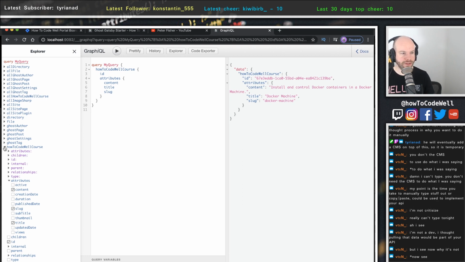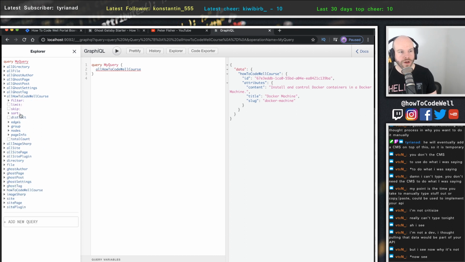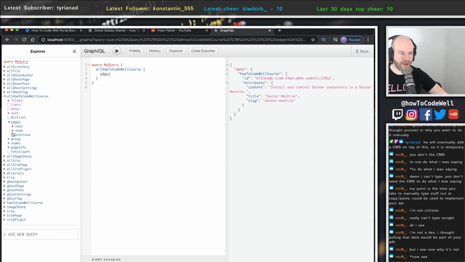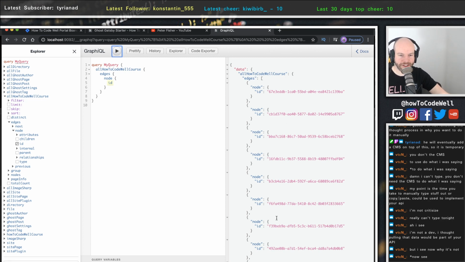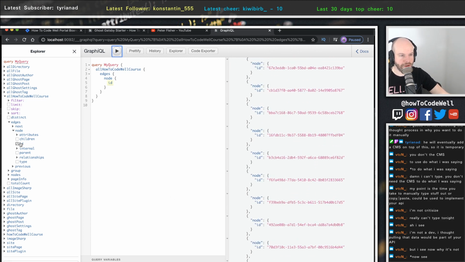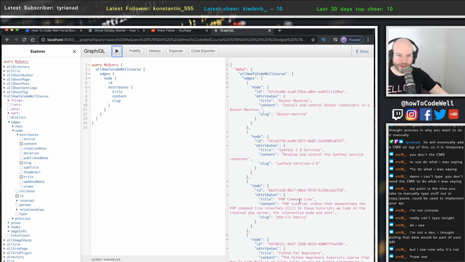But if I wanted to get all of them, let's bring that back up. If I go to here, all course, what I can do is I can go through edges and get the nodes. So if I run that now, we can get all of the IDs for all of the courses. And if I was to go to attributes, remember this is a JSON API schema, so we then go through attributes, then we've got the title, we can see the content, and what else shall we do? The slug. So then let's press play on that. We can get all of the